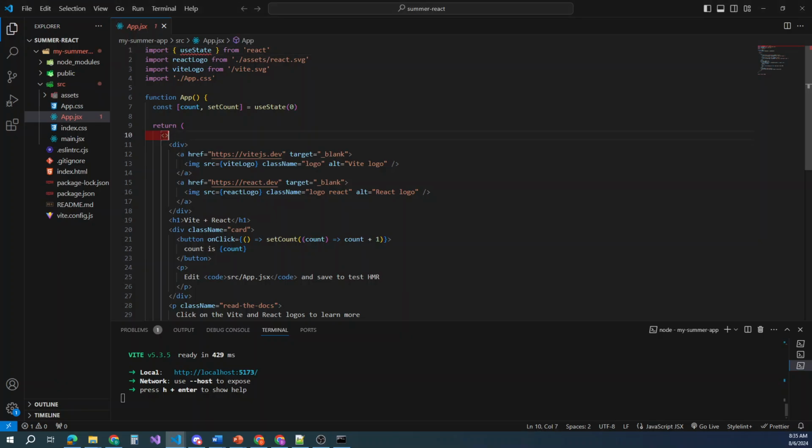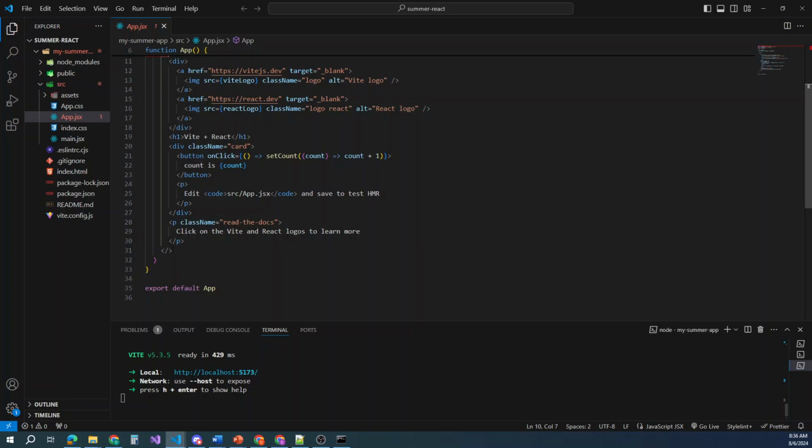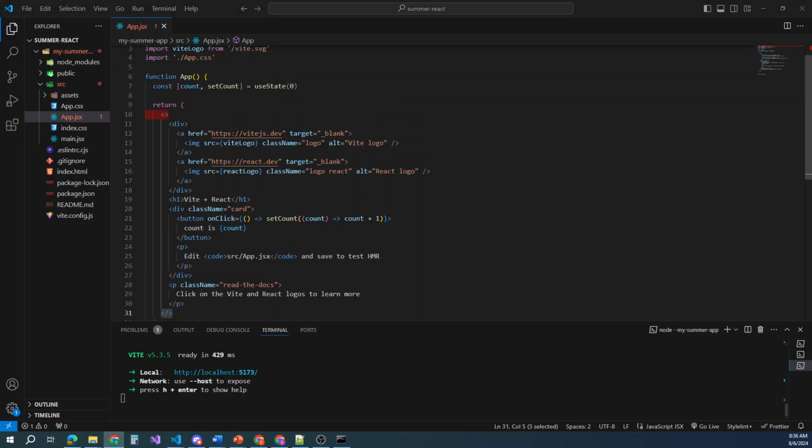When you create these pages, you have to have some kind of parent tag with them, whether it be a div, or a lot of times you'll see this blank or empty bracket here. So you'll see an empty bracket and a close empty bracket. So you may see that a lot in this. That's what it is, that's like the parent bracket, and everything under it's a child, and you have to have that parent bracket to get this stuff to work right. So if I took that out,